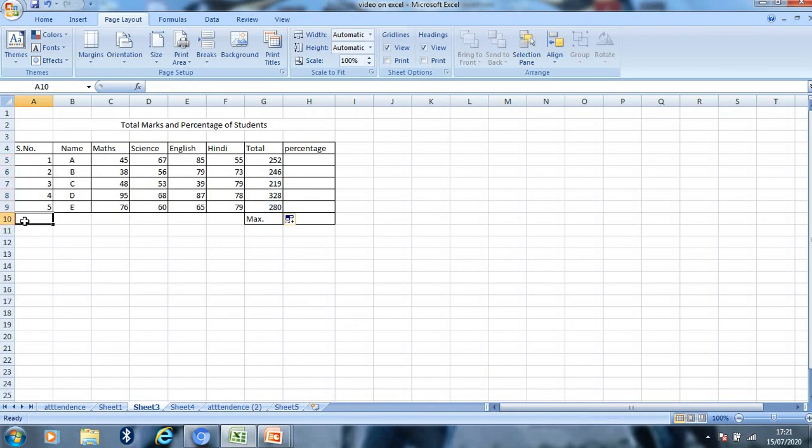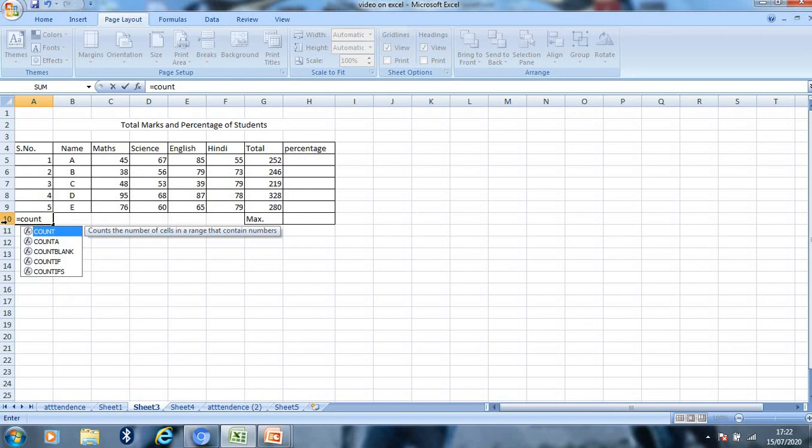Now the count function. The count function works only for the rows or columns or the entries or the cells which contain numerals or numbers. It will not work for text. So here, if I want to count the number of students, how can I count? I just write the formula equals count, bracket open, again the range.